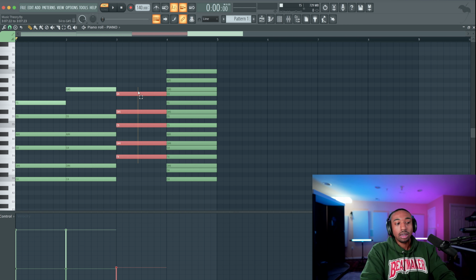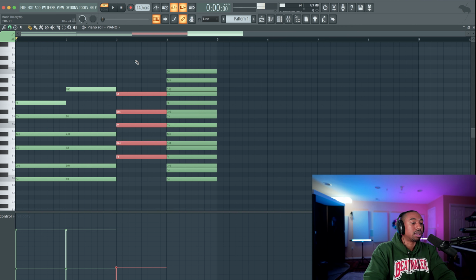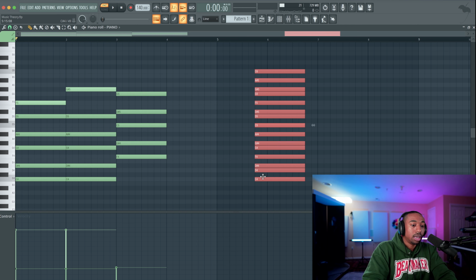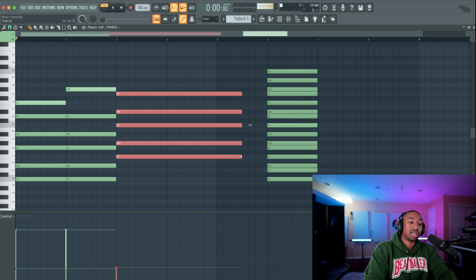Whenever you have 5 notes in it, it's probably a ninth chord. Now that's not a hard rule. I'm just kind of giving you the quick way to navigate. Now the question is, do you like that chord or do you not like that chord? If the answer is yes, then keep this chord type. If the answer is no, then maybe you want that top note, but it's just not the right chord underneath.